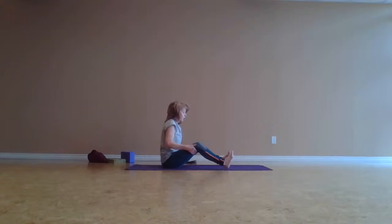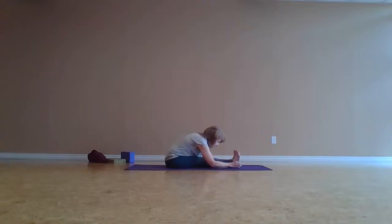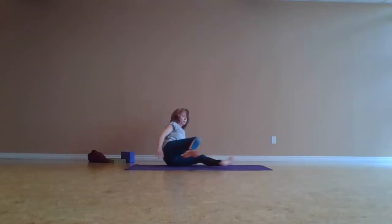Drop the shoulders. Walk the feet in so they're either side by side or farther apart if it's hamstrings and low back. You can stay here, or some of you may get your legs straight. Draw the shoulders back of the feet here. Bring yourself up. Roll your shoulders back a few times, forwards a few times,